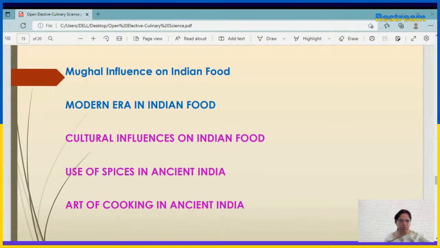Then cultural influences on Indian food. Quantum mechanics and Indian cuisine are both hard to define. Over the course of 5,000 years, different groups of immigrants came to India, then ruled India, and preparations from different areas were included, along with many other foodstuffs. All of this adds its own cultural influences.